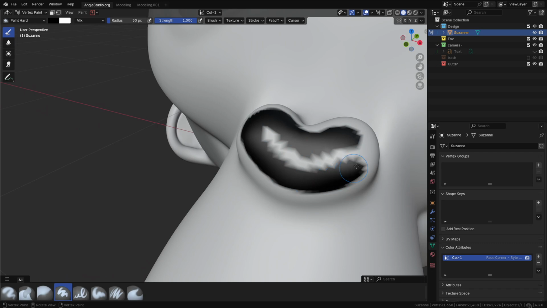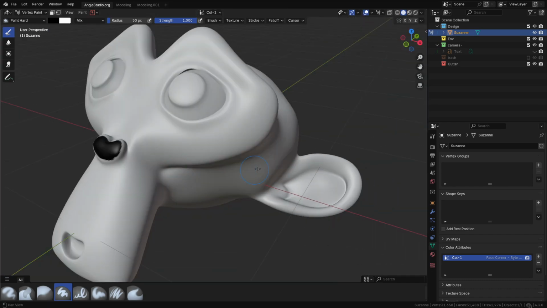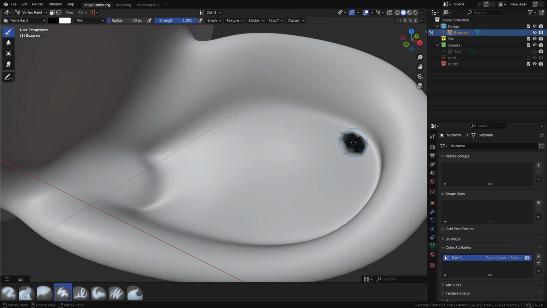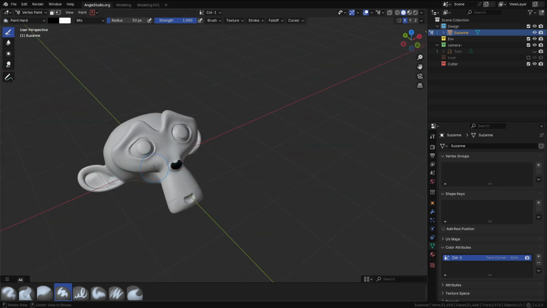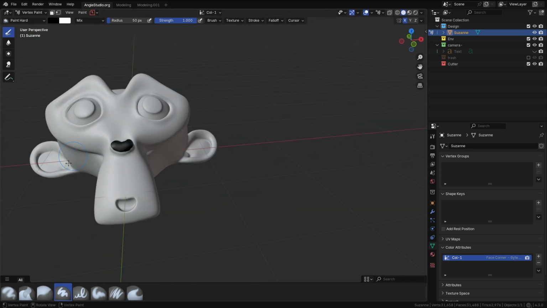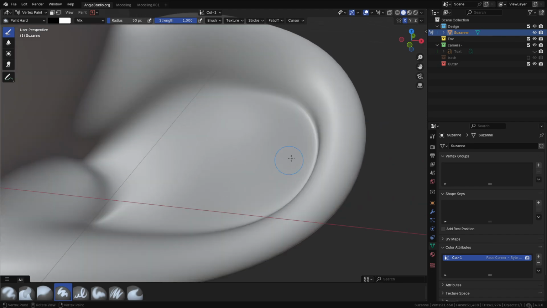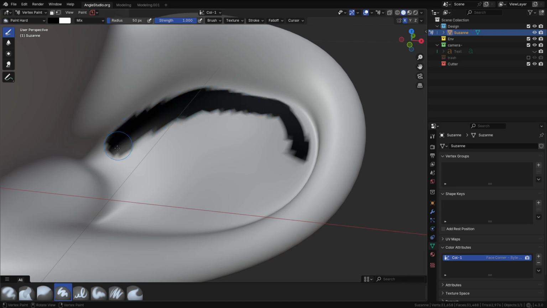We start painting this nose, and again here we start painting, and you can enable X, so what you paint here will be reflected there on the left side. So I'm painting here some areas,